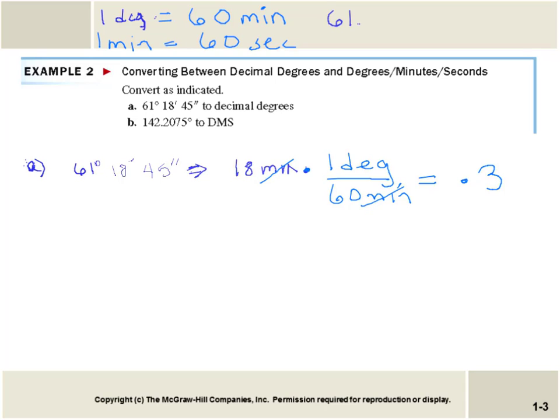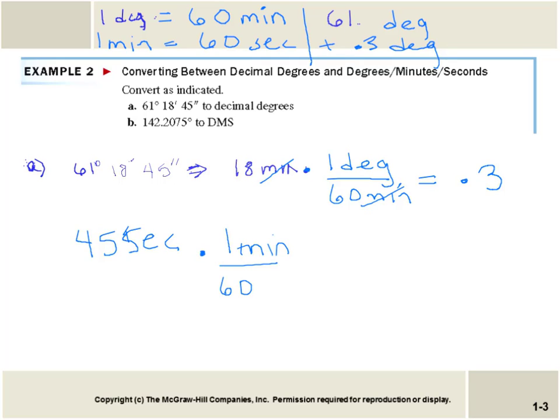Now I have 61 degrees plus 0.3 degrees, and then I have 45 seconds, and I want to convert it to degrees, right? So I'm going to multiply by, well, I know that 1 minute is equal to 60 seconds. And I know that 60 seconds,